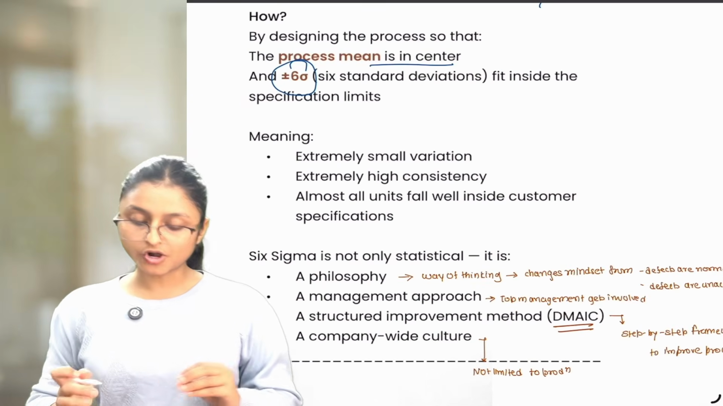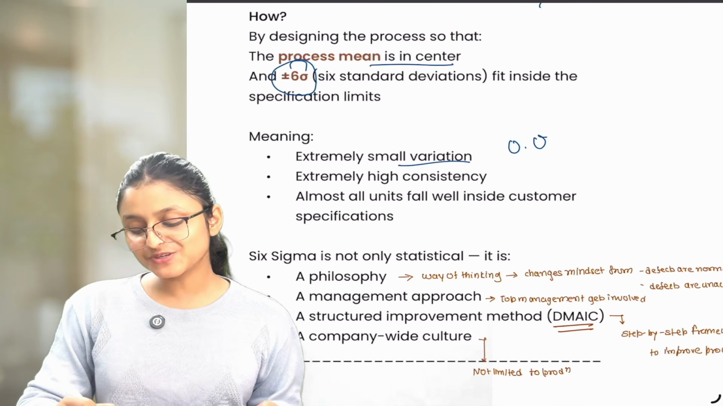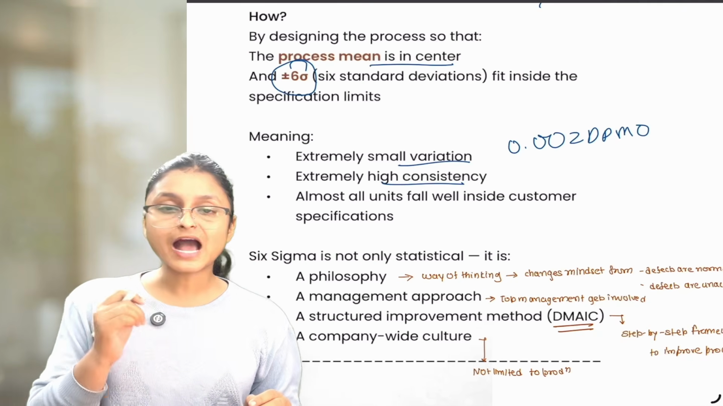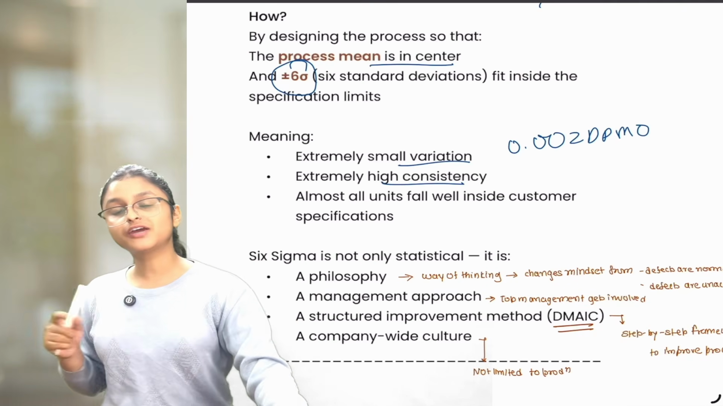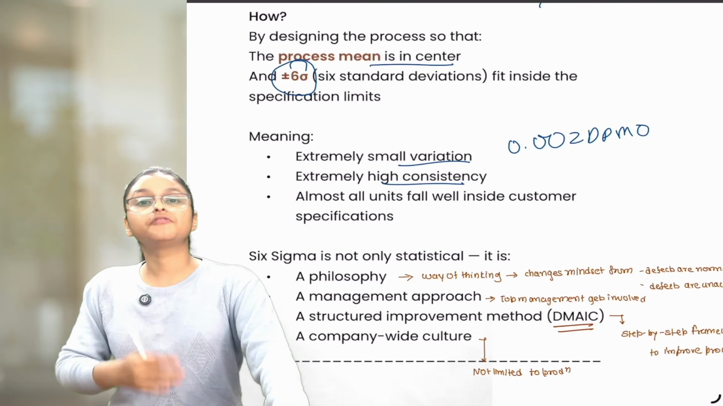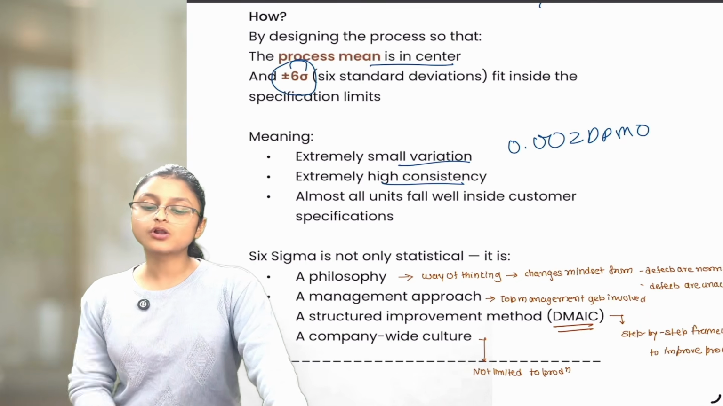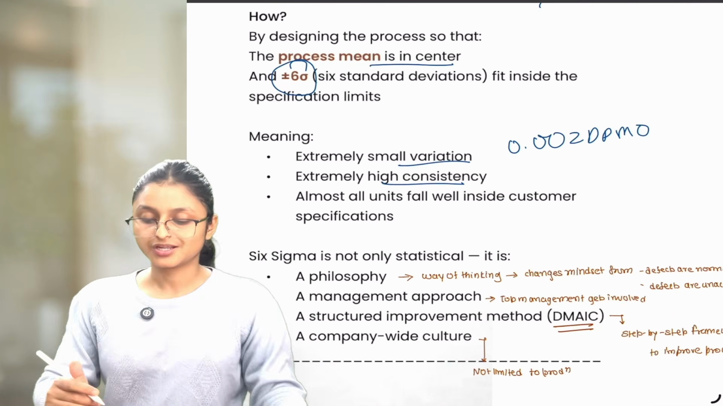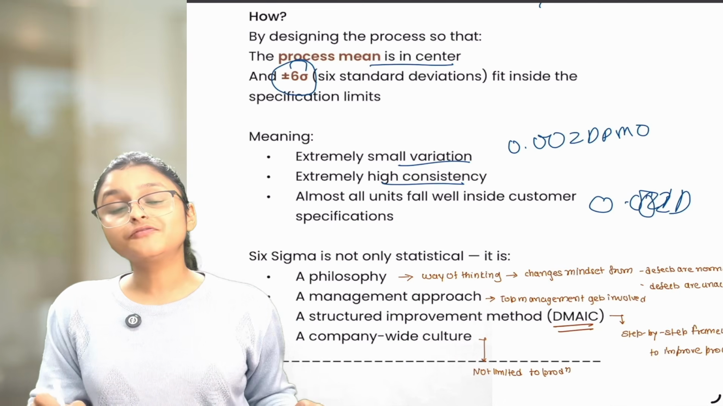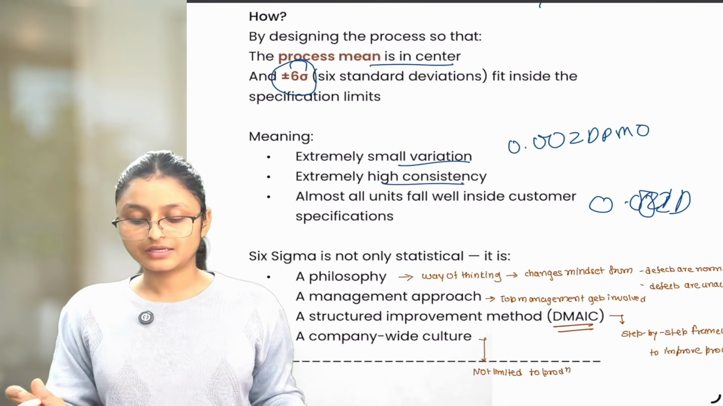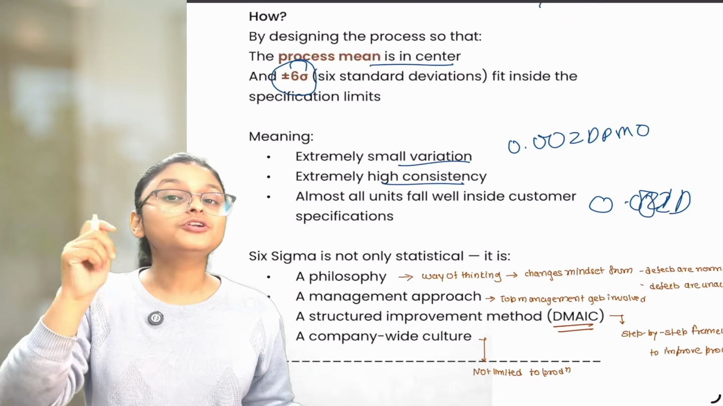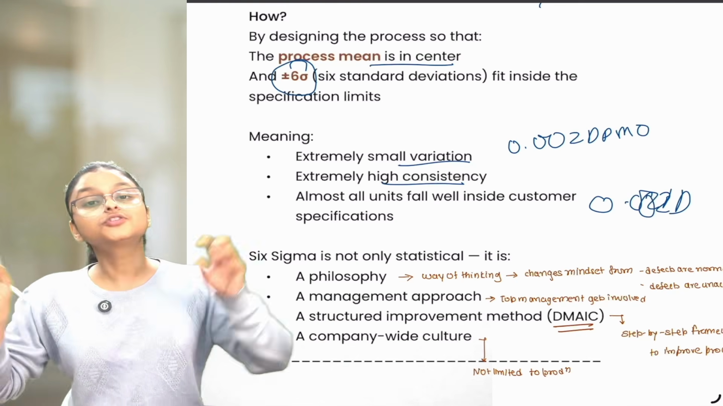Meaning, extremely small variations are there. We understood that 0.002 defects will be there per million, which is extremely small. Extremely high consistency will be there every time. Whenever we are making the product, we are making it exactly the same as we were doing earlier. Almost all units fall well inside customer specification, because 0.002 is very less. 0.002 defects per million is 2 defects per billion opportunities. If you take it in billions, it's 2 defects per billion opportunities, which is like almost every unit is coming